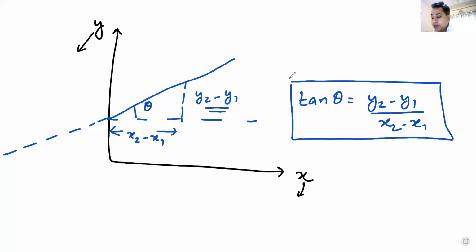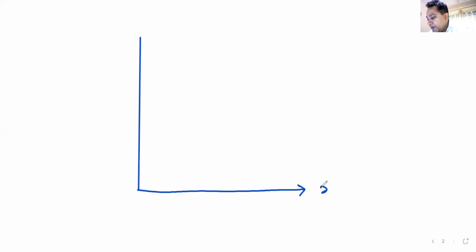Okay, I'll get to the next slide. So I'll draw the coordinate system again. And this time I'm using, oh, it doesn't work. Why doesn't it work? Okay, this is one line. It's better that I use my own hands. This is my x-axis, this is my y-axis, and let us suppose that I have a straight line like this.